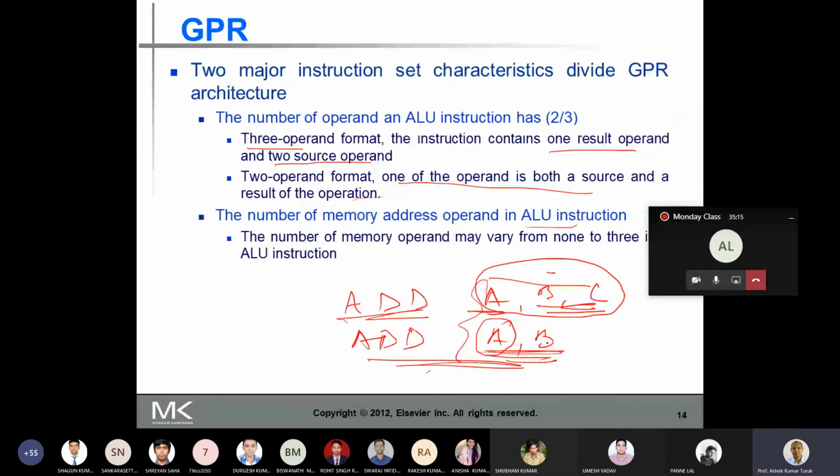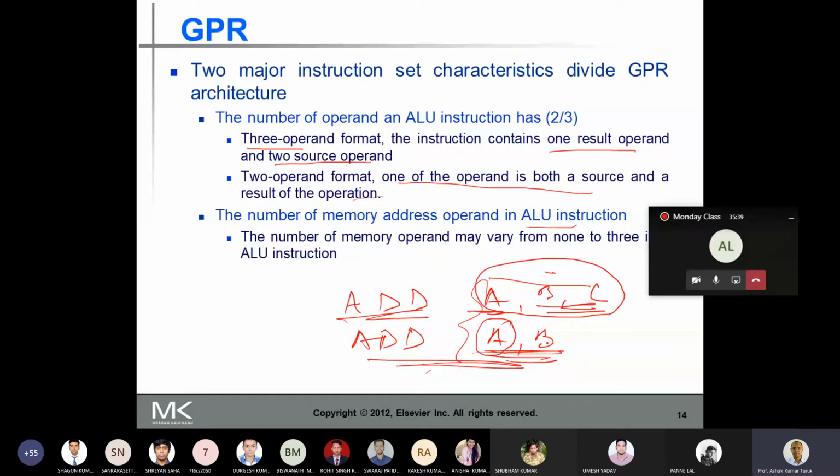So now if I combine these two, the number of operands in the ALU instructions and the number of memory address operands in the ALU instructions, then I can have different types of architecture.